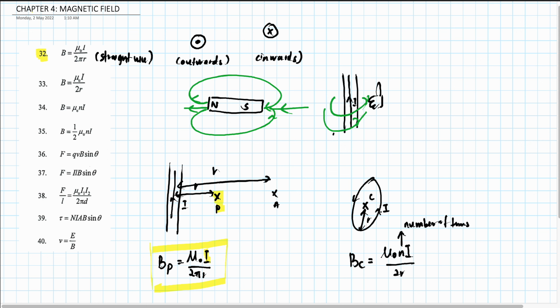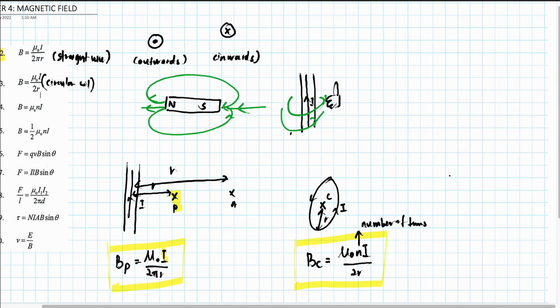Sekarang adalah circle, so circle mesti akan ada radius lah. So yang ini adalah formula yang kedua, untuk circular coil wire yang ada current. Samalah untuk circular coil ke untuk straight wire ke, mesti kena ada current flow, baru akan wujud